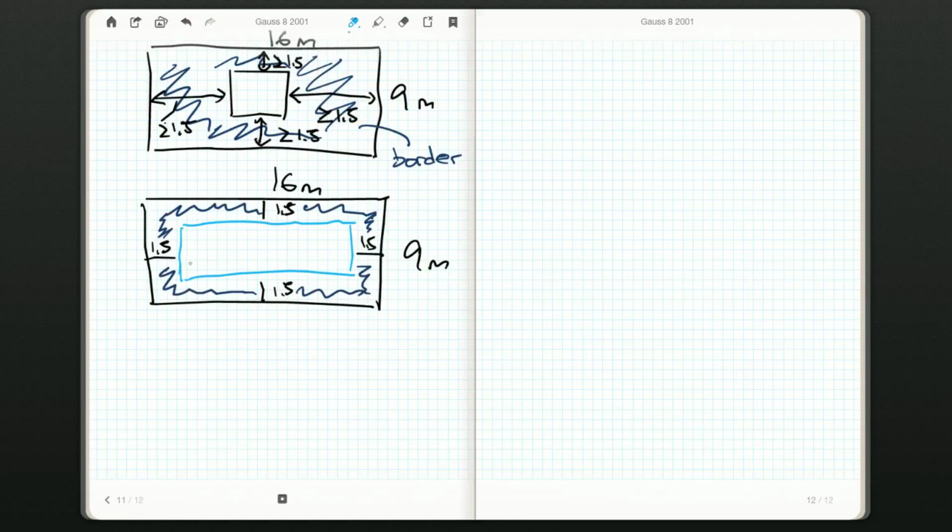What would be the dimensions of this advertisement? Well, we have 9 vertically, but 1.5 has already been counted. So this will be 9 meters minus 1.5 minus 1.5. So this will be 6 meters. So it'll be 6 meters in height, and across it will be 13 meters. So if we were just jumping the gun here, we might say 6 times 13, but remember,